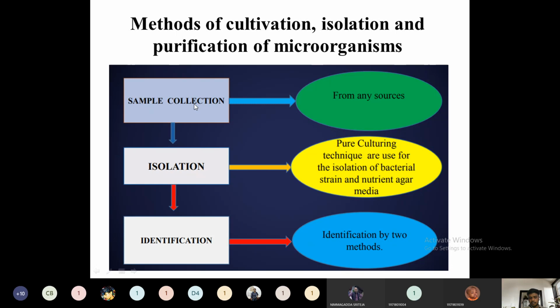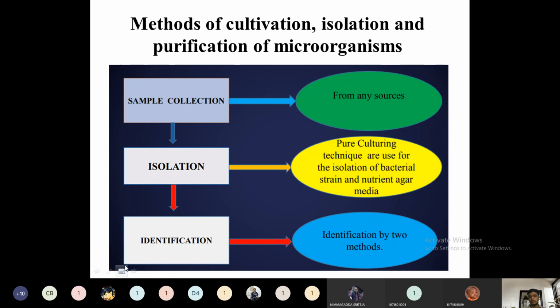In the pure culture, the isolated microorganism will be dropped inside. Whatever nutrient is there will be consumed by that particular type of microorganism, and it will multiply and grow. Then after that, we have to pick some of the microorganisms using some morphological or biochemical techniques. That is nothing but identification.